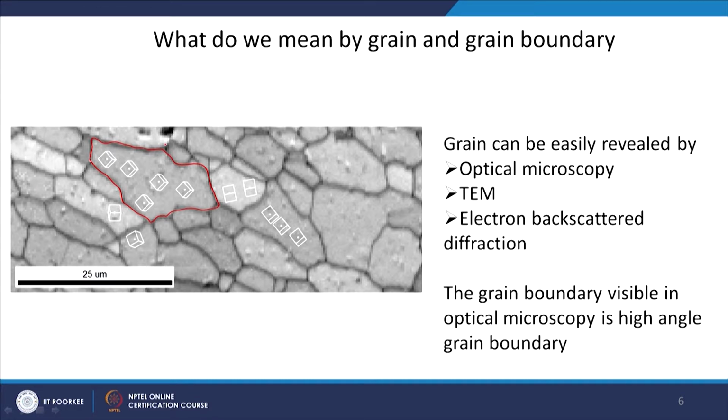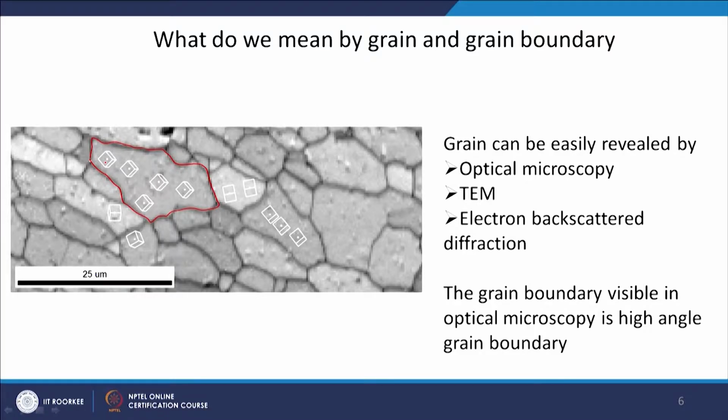Suppose it is aluminum or ferrite, alpha ferrite in steel. They have the same crystal structure. So, aluminum is FCC, ferrite is BCC. So, within a grain it will have the same crystal structure, and throughout the microstructure they will have the same crystal structure. So, for example, if you take this as aluminum, it will be only face centered cubic. Then what is the difference between the grains, or what is the identity of a grain?